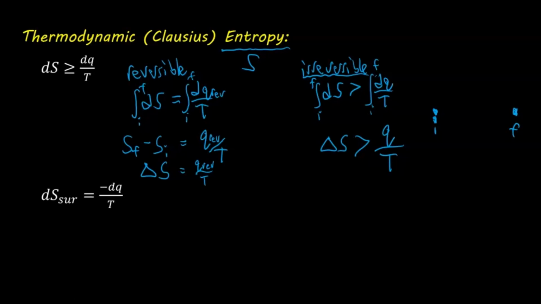And then we have some final state here. And if we get from that initial state to the final state by some reversible process, some hypothetical reversible process, and we can calculate that hypothetically, we could also go from the initial state to the final state in reality, in this irreversible process. But by calculating the change in entropy between the final and the initial state, that change